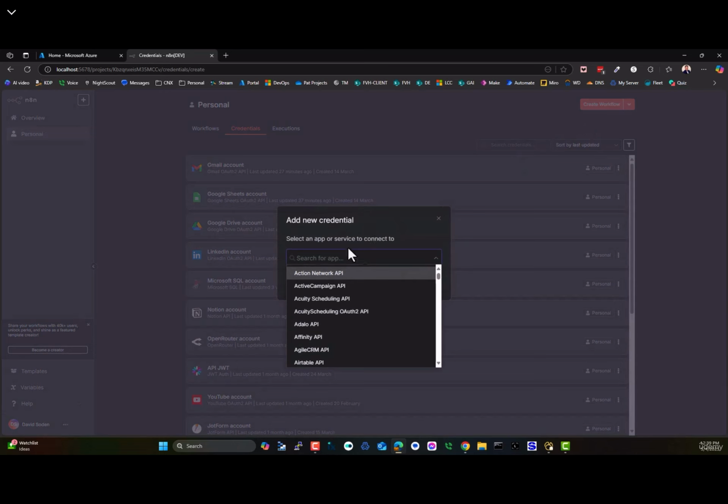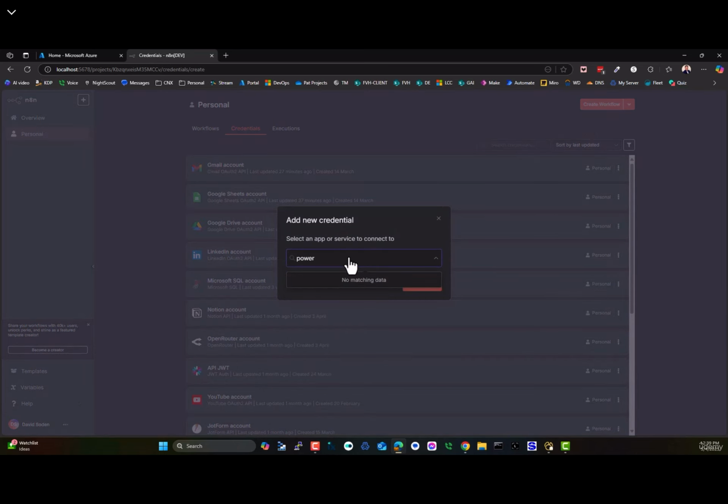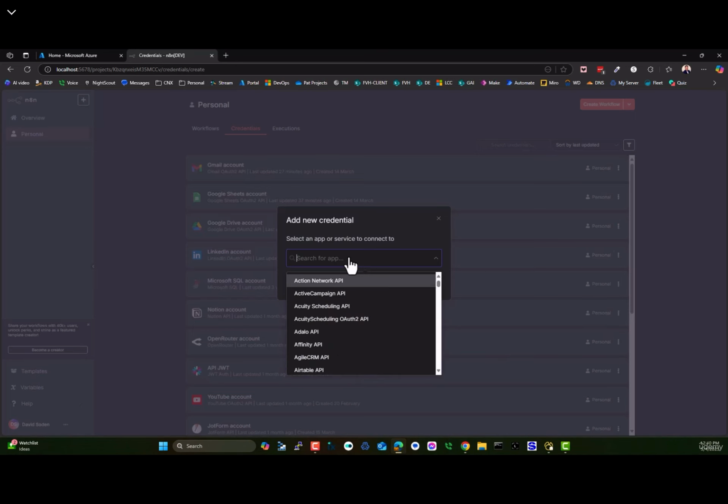So I'm going to create a credential, and I'm going to pick, let's see, I don't know if Microsoft Word or any of the applications. PowerPoint's not in here. Excel. Yep, Microsoft Excel is one of them. PowerPoint is not. Outlook is, I believe. Yep, there's Outlook. What else is there? Would Word be in here? Microsoft Word? No, I don't see it. I see WordPress, Workable. OneDrive, Microsoft OneDrive. Yep, wow, OneDrive's not there. So